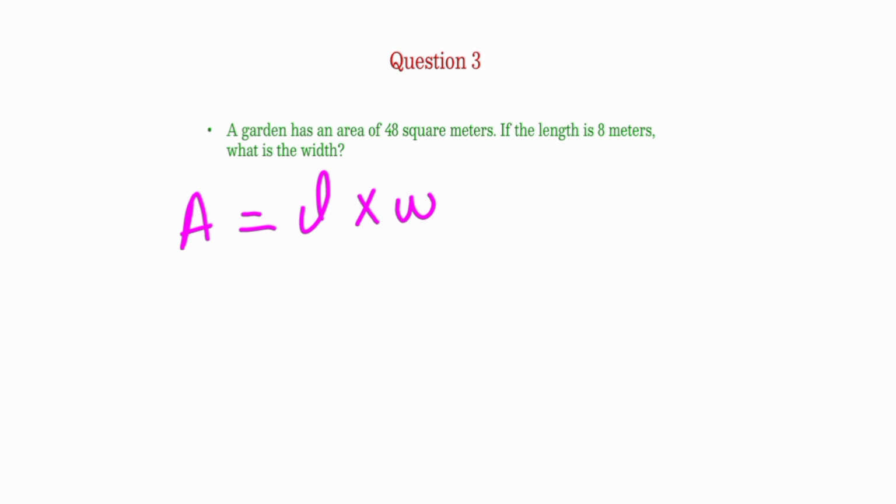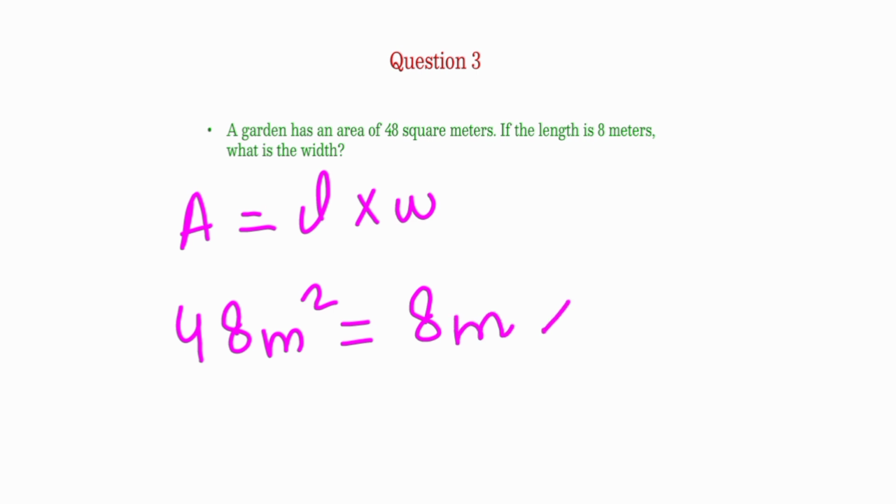So we'll just put the values. We are given the area, that is 48 square meters. So I'll put that here, 48 square meters, and the length is also given, that is 8 meters. So I will put it here in the place of length, that is 8 meters, and times it with width. Now we are not given the width and we have to find that out, so I'll directly write it as W. Now divide both sides by 8,